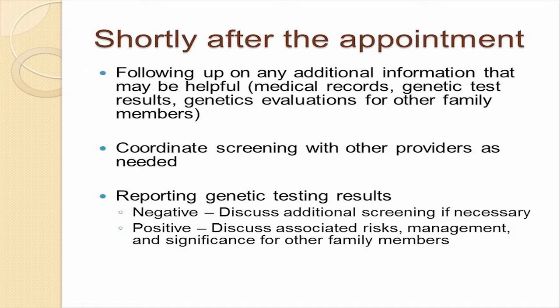other providers. So if we say, okay, now that we know that there might be an increased likelihood based on your family history, maybe we're going to tell you to go ahead and get earlier mammograms or earlier breast MRIs, and we can help coordinate that screening through other providers shortly after our appointment, and then also potentially getting the genetic test results if genetic testing was something that was done at the time of their appointment,